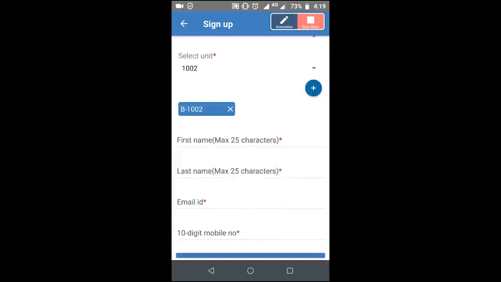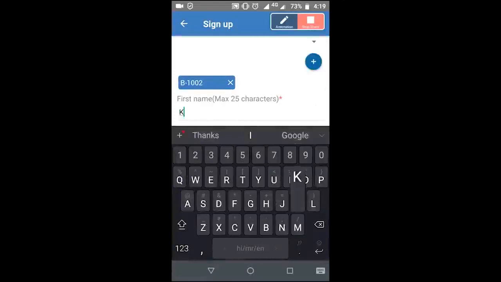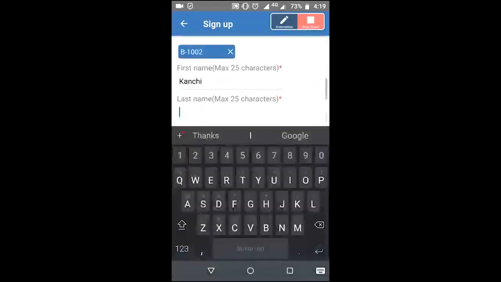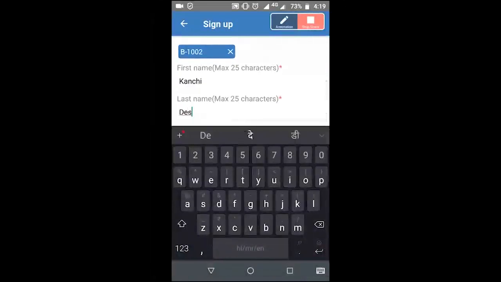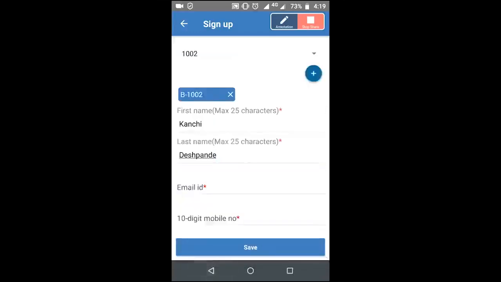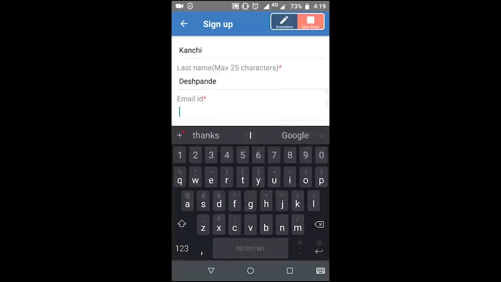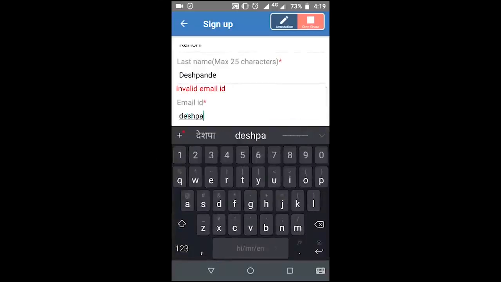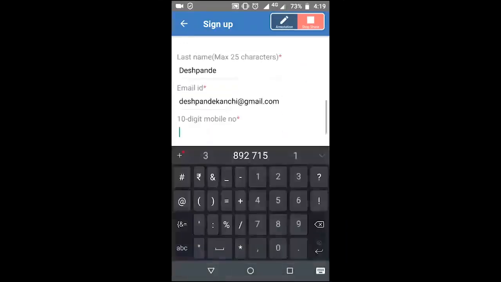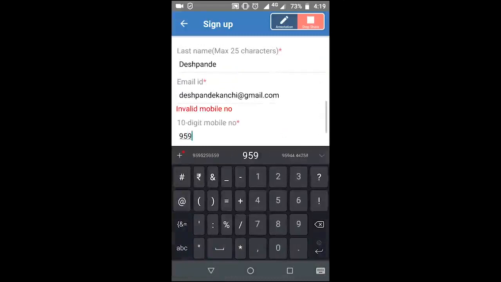Then first name, last name, email ID and mobile number need to be added. So I have added the email also, then a 10-digit mobile number.